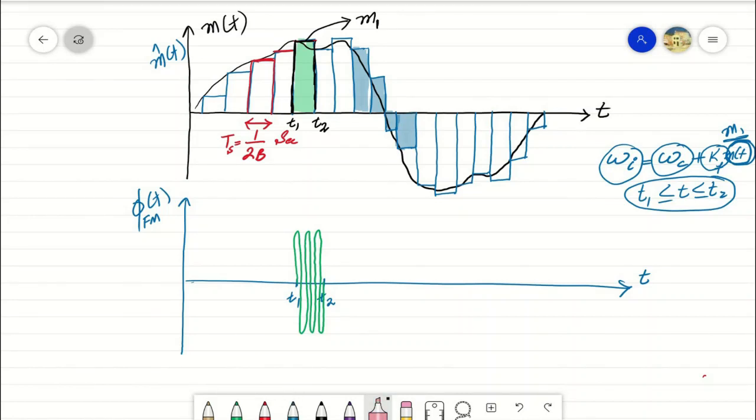Therefore, if we plot the modulated signal for another such block, for example, for this block here, the amplitude of this red block compared to the green block is lower, maybe some different amplitude, the frequency modulated signal will have a lower frequency in this block. So directly with respect to the amplitude of the information signal, the frequency of the modulated signal will be generated.